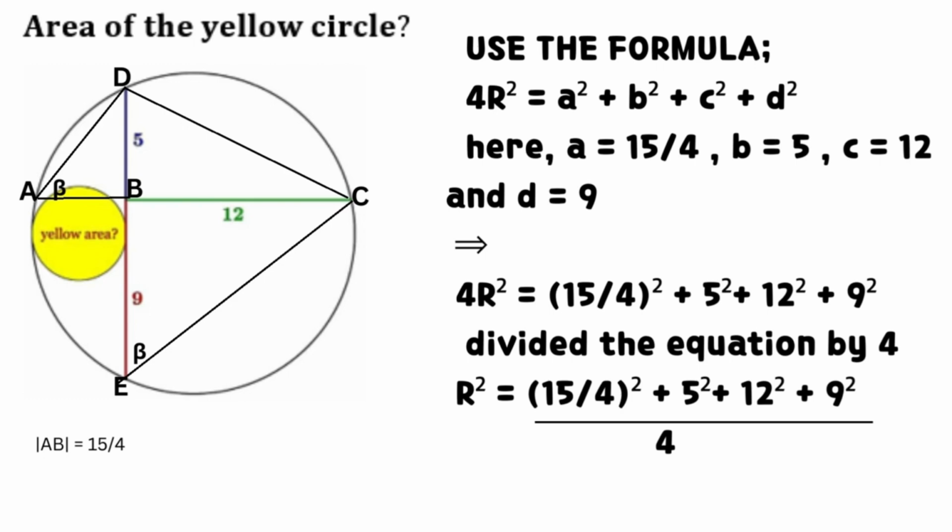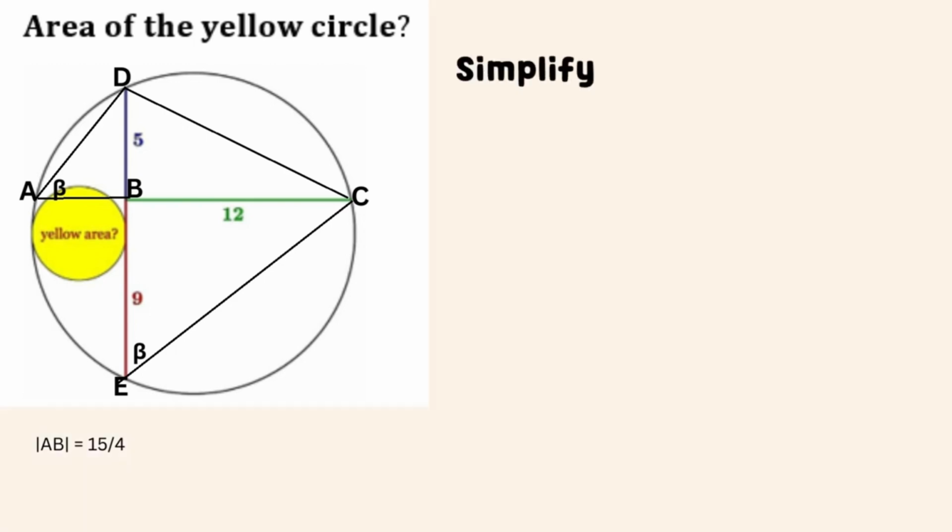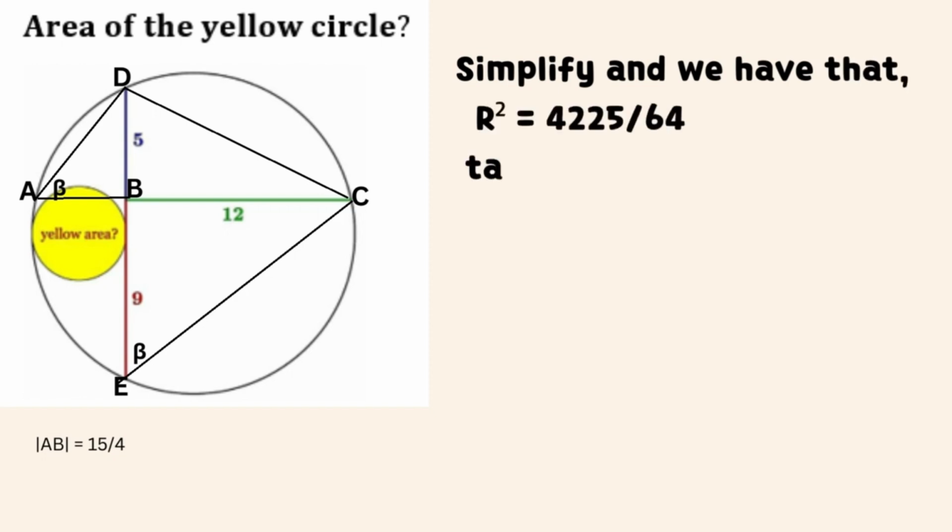Substitute the values in the formula, and we have that 4 times the square of R equals the sum of the square of 15 divided by 4, the square of 5, the square of 12, and the square of 9. Divide the equation by 4, and we have the equation for the square of R as shown on the screen. Simplify and we have that the square of R equals